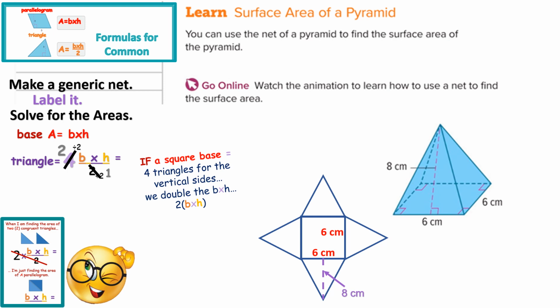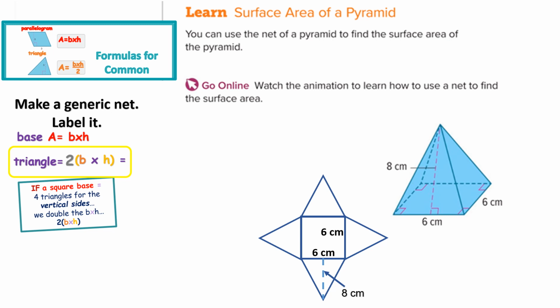So if it's a square base, then all I have to do is take my vertical sides, my lateral faces, and multiply it by 2. So 4 triangles is going to be used when we're doing square-based pyramids simply as 2 times the base times the height. So once I have these 2 formulas for my process of finding the surface area of a square-based pyramid, then I'm just going to start with the